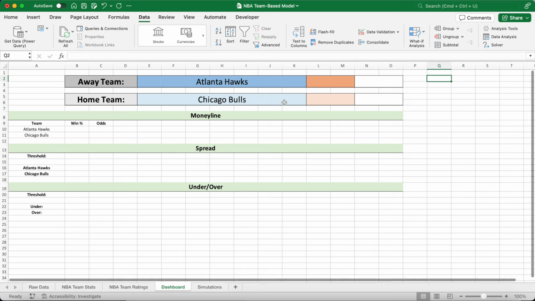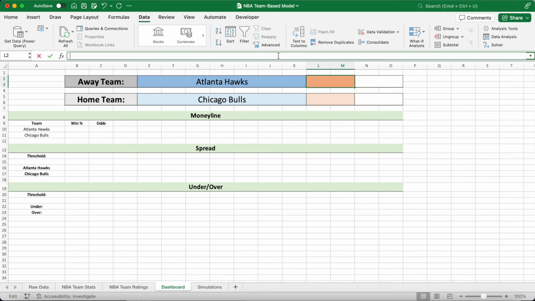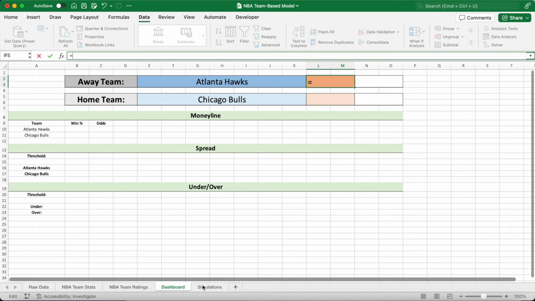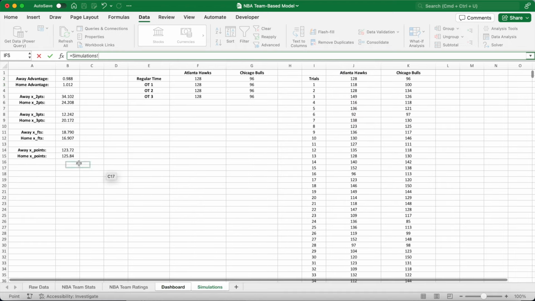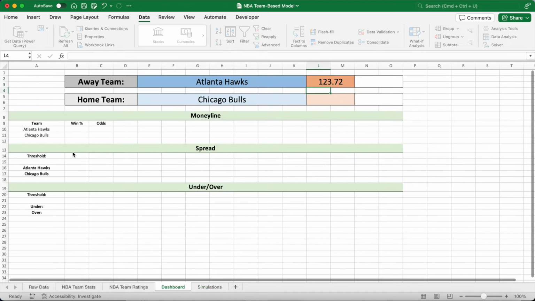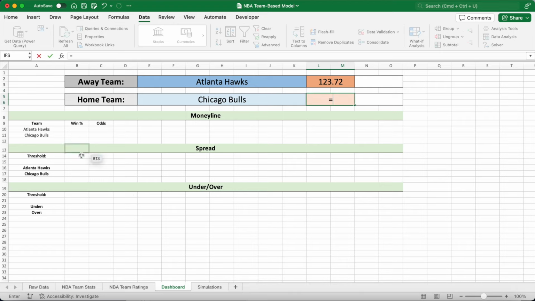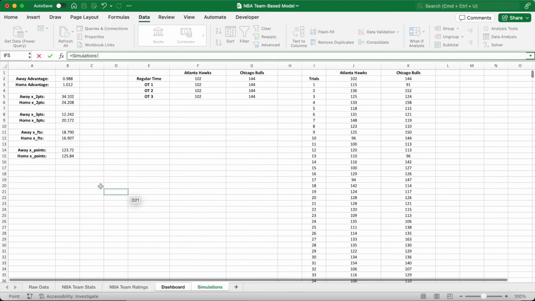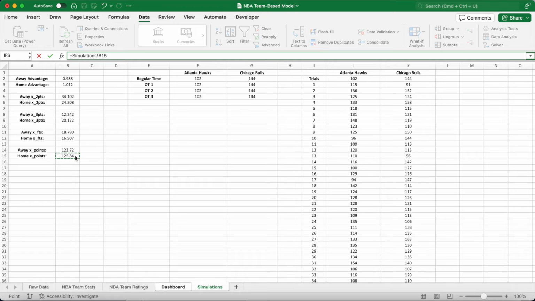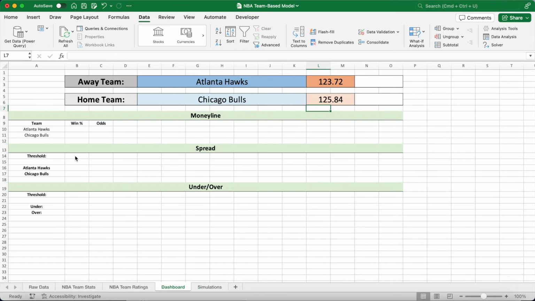Now that we've finished that worksheet, I can go back into the dashboard, and in cell L2, I can pull in the expected points for the away team in this matchup, and that's just equal to the cell in simulations with the away team expected points, that's B14. And then in L5, it's just equal to L15 in the simulations worksheet, the cell below that. This figure will never change. It's just the expected value, or the average number of points you'd expect the Hawks and Bulls to score in